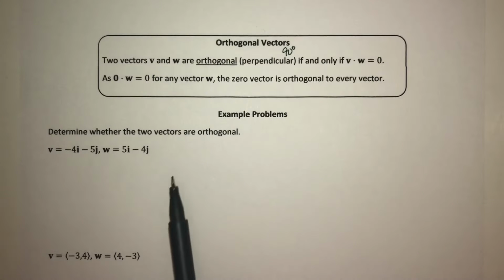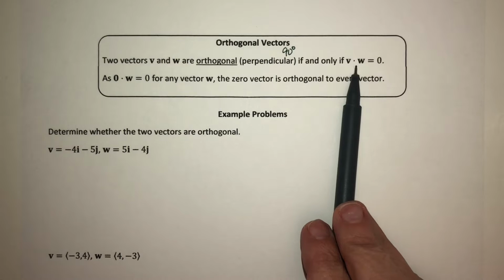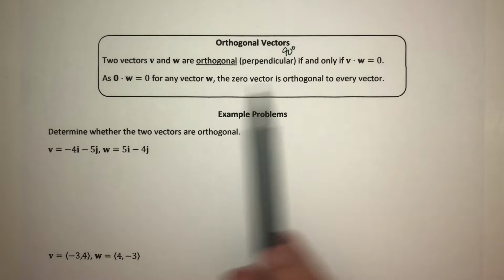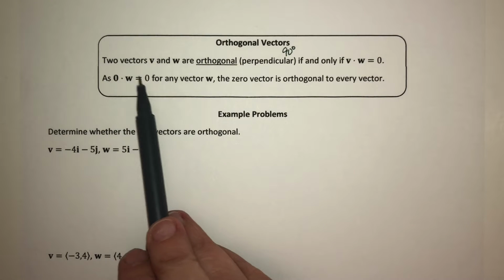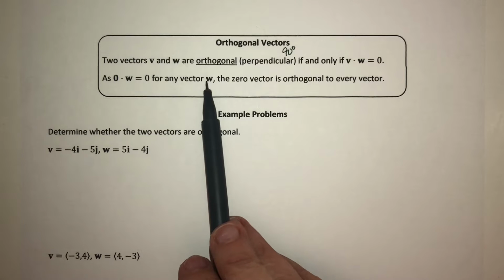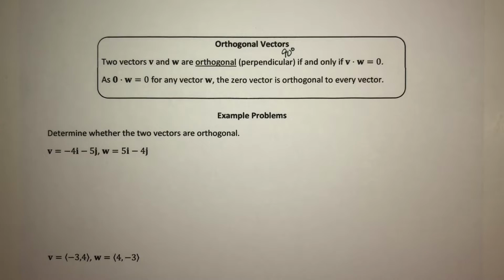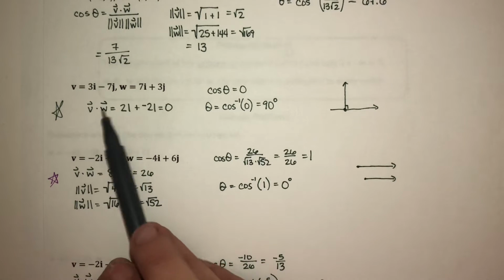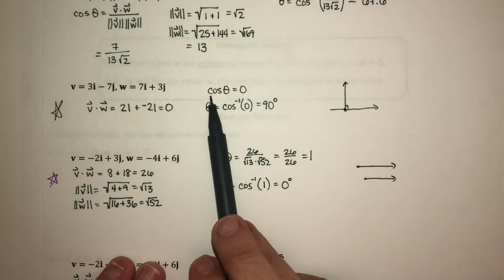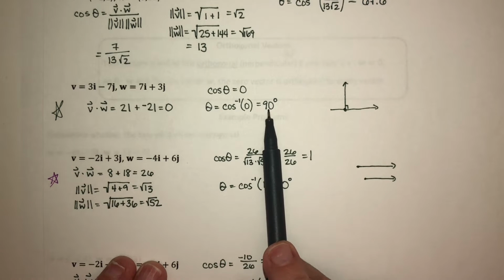Two vectors are orthogonal if and only if the dot product of those two vectors is 0. And a 0 vector dotted with any vector equals the scalar 0. So the 0 vector is orthogonal to every single possible vector. The problem I said we'd come back to here, we showed that the dot product was 0, and we ended up with cosine of theta equals 0, which means that theta had to be 90 degrees,